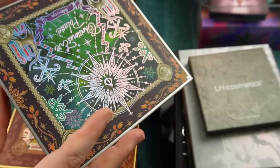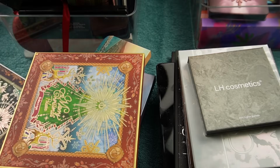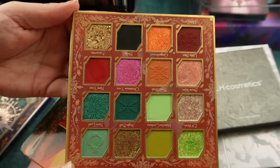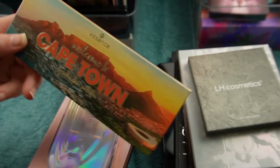But that doesn't mean I can't go back to them and see if I can make them work. So the Christmas Eve has a stunning color story, because Odin's Eye can do a good color story, not gonna lie. And this is the Merry Christmas palette. I just want to love these, which is why I wanted to go back to them. This was just sitting in my